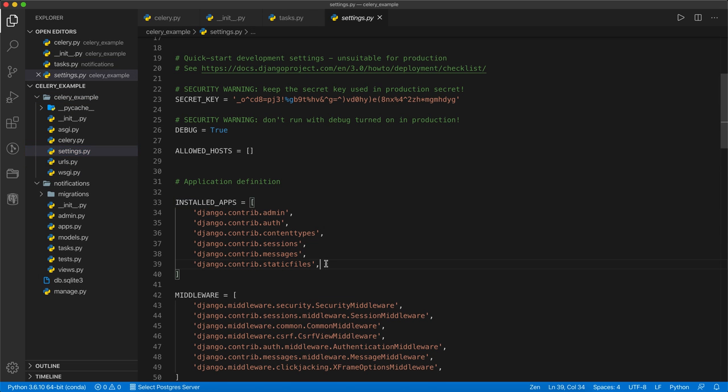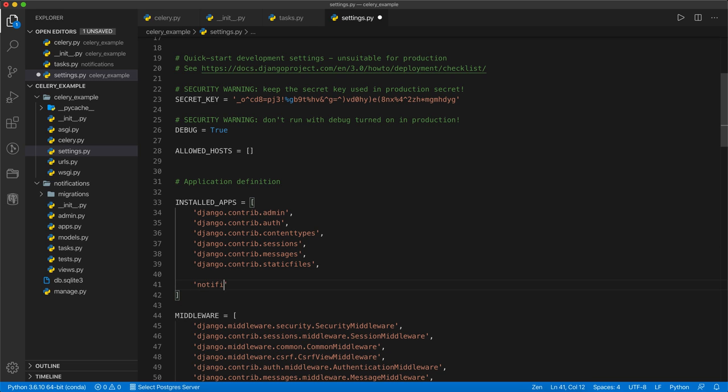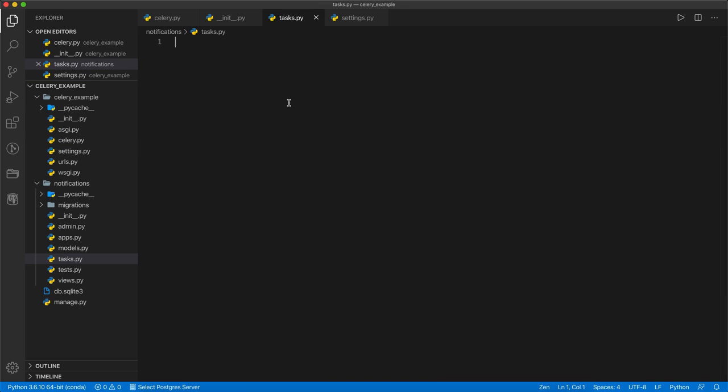So you need to add notifications here like this. Now the app is installed in the Django project, and the task file is also there, so we can use all the tasks as discoverable. Now one more thing: how can we write the task here? It is going to be a normal function which can be used directly to execute from Django itself, as well as called asynchronously through Celery and the RabbitMQ server. To do that, first we need to import